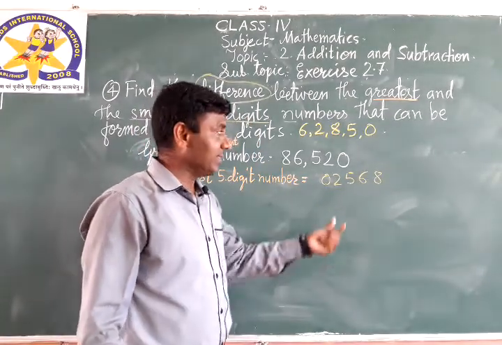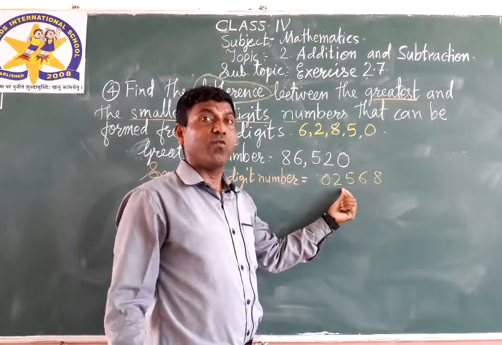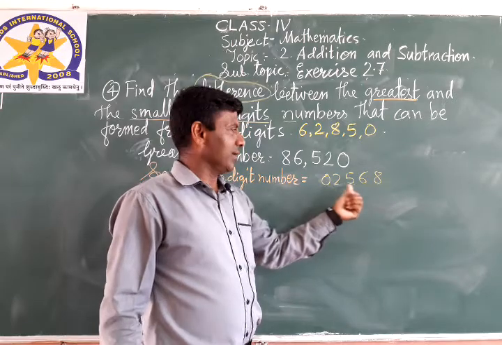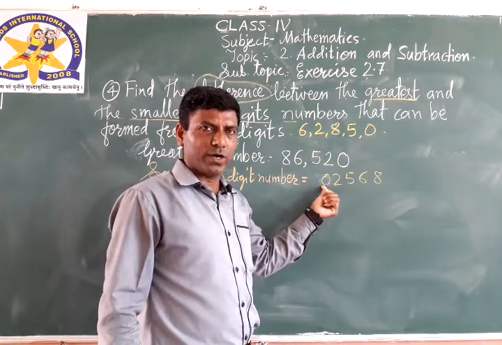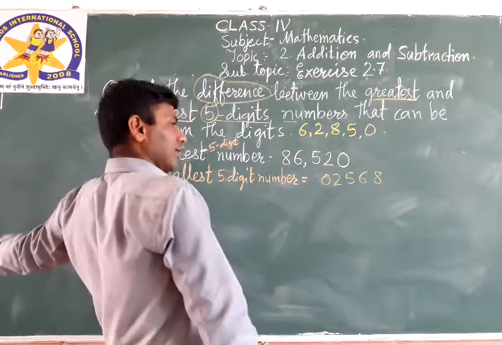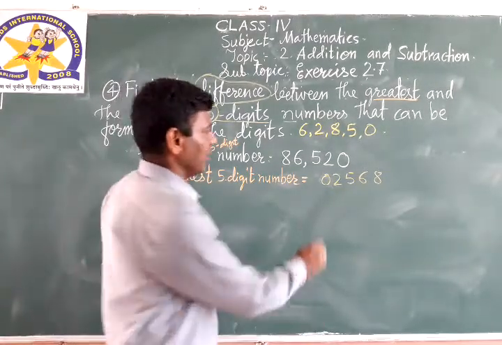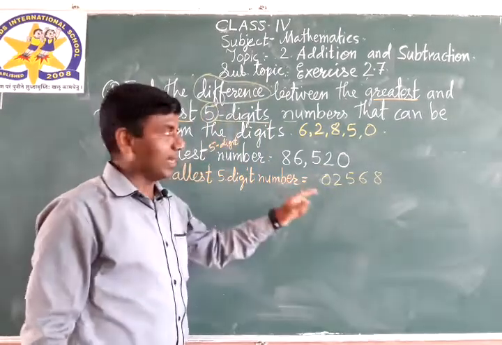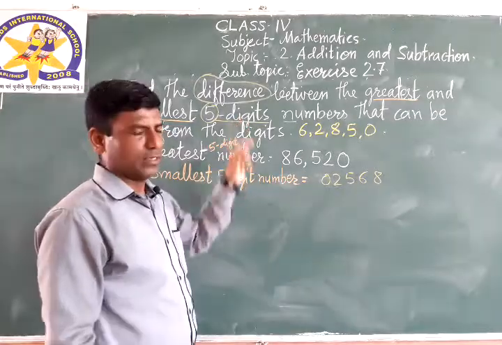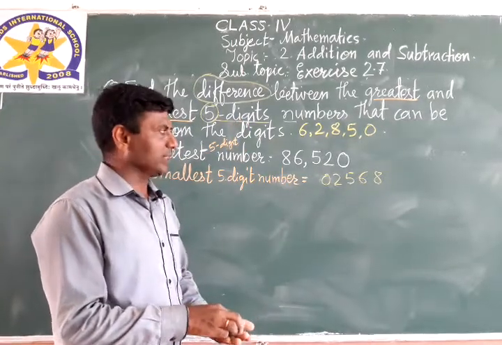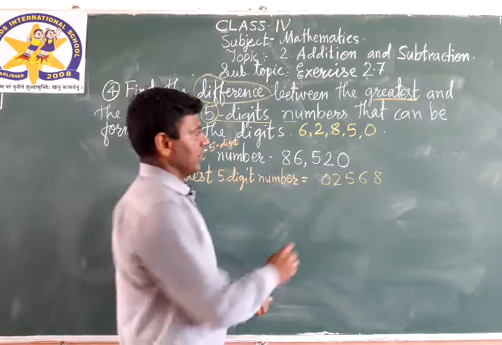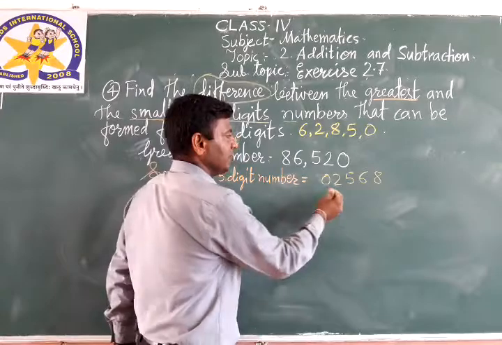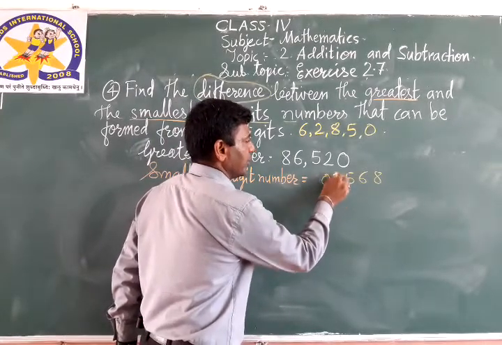But this is a 4 digit number. 1, 2, 3 and 4 digit. We are not counting a 0 written at the extreme left. Means this is now a 1, 2, 3, 4 digit number. But here in the problem they ask for a 5 digit number. In such a case, first you will have to write in ascending order, and then if the 0 is in place 1, change the number 1 and number 2 portion.